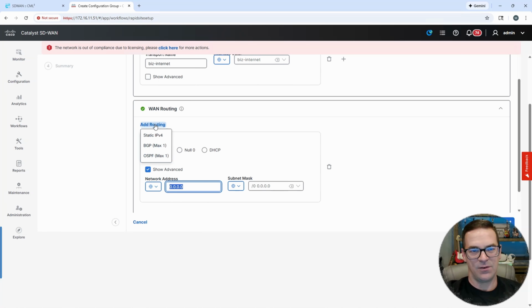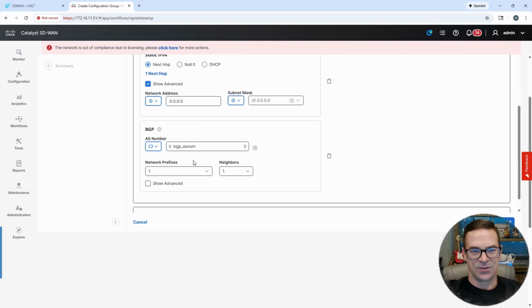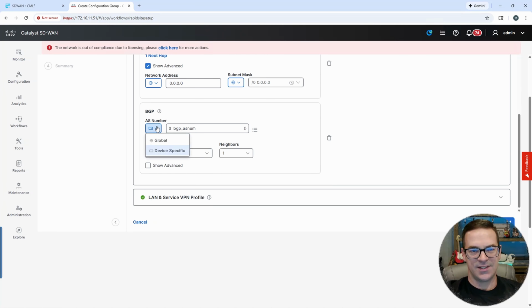Now I do want to add BGP. So let's go ahead and hover over add routing. Let's add BGP. And if we scroll down, these are essentially the variables that we're going to be presented with on deployment to fill out. So this is going to be our BGP autonomous system number, so the local autonomous system number for the branch site. If we hit show advanced,